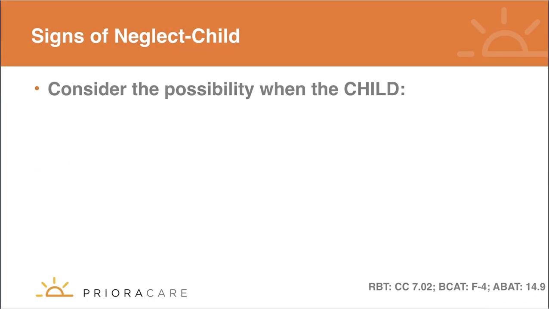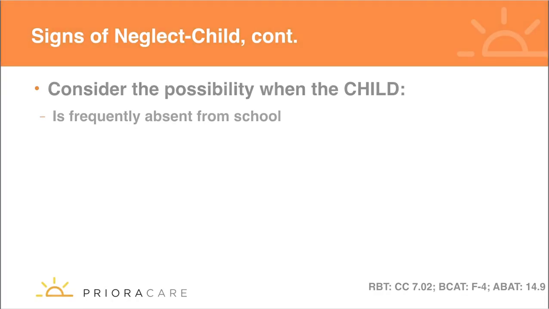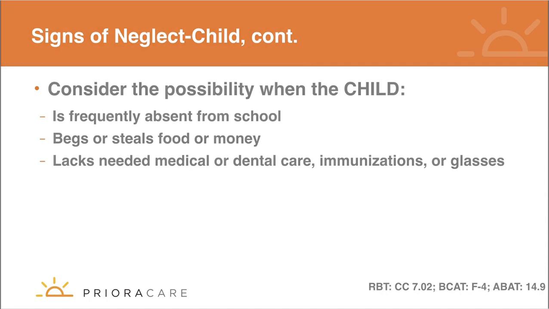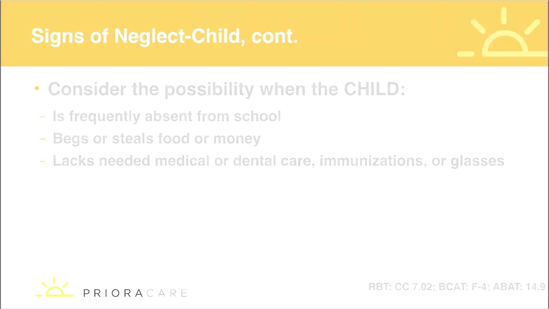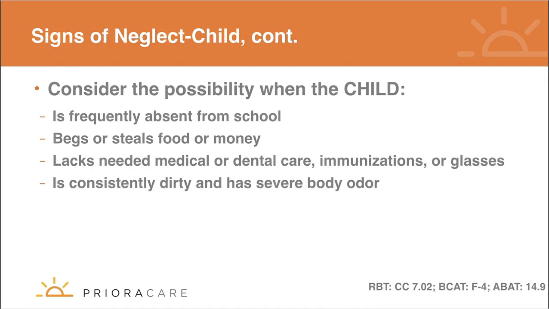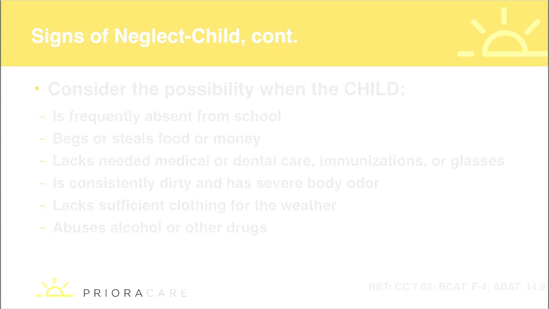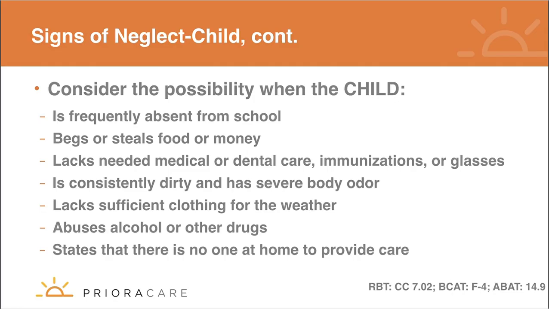Now let's review the signs of neglect. You may consider the possibility that a child has been neglected when the child is frequently absent from school. However, with children with autism and other special needs, they may miss school for other medical and behavioral reasons. Other signs are if the child begs or steals food or money, lacks needed medical or dental care, immunizations, or glasses, is consistently dirty and has severe body odor, lacks sufficient clothing for the weather, abuses alcohol or other drugs, states that there is no one at home to provide care,